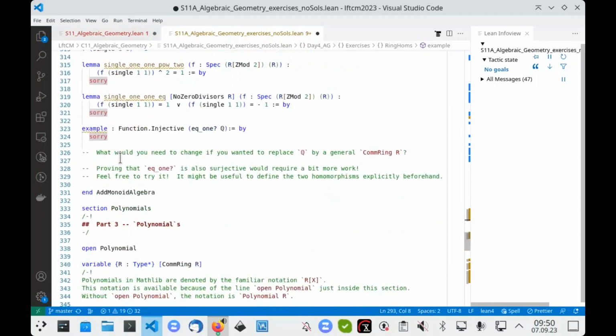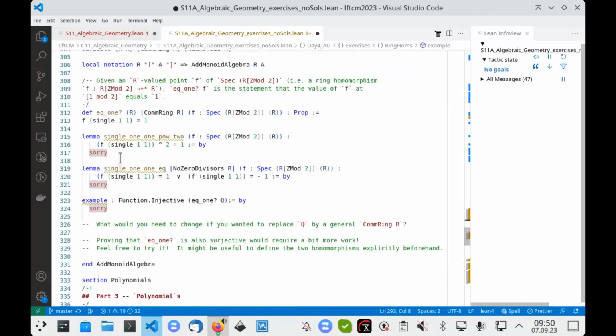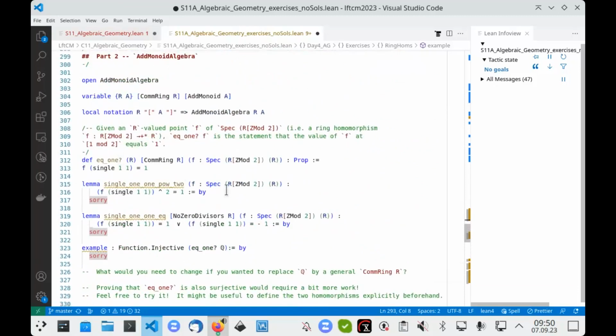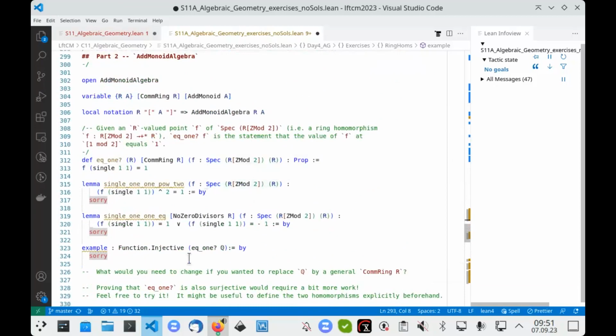And then one of the exercises shows that, where is it? Yeah, that if you look at the spectrum of the group algebra of the group Z mod 2, it has at most 2 elements. You know it's x squared minus 1, so x plus 1 or x minus 1. It has 2 points. Okay, it's not very deep, but you can do it. We do have elementary projectivization. If you're content to work over a division ring, we have, you know,